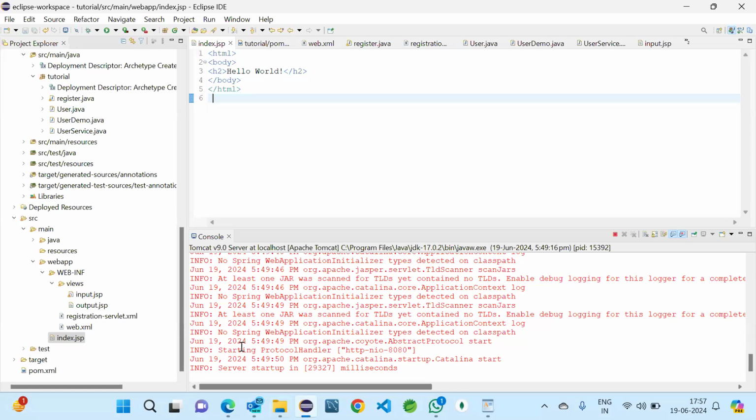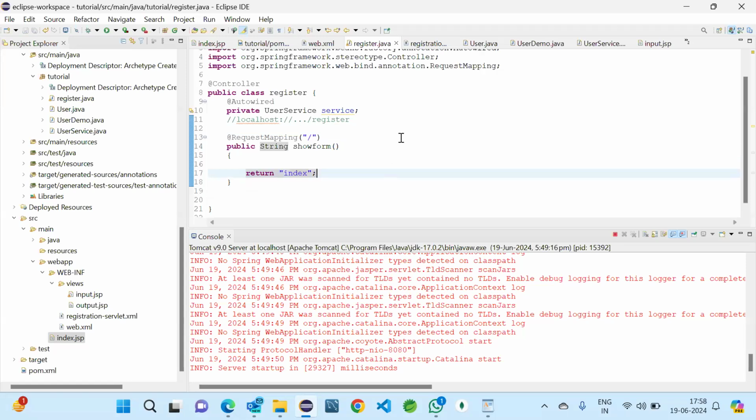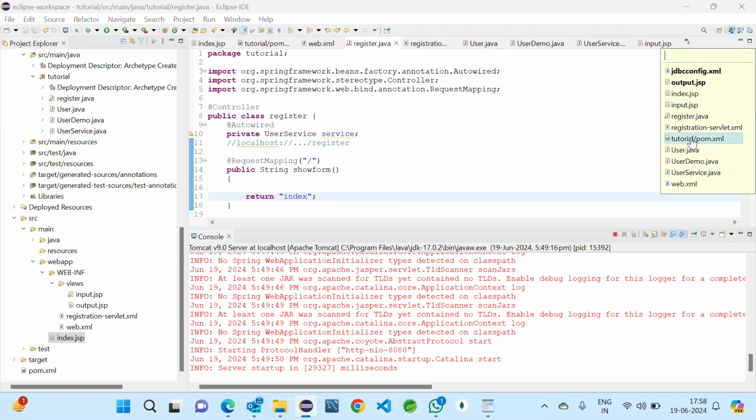I think by default we have this index.jsp. Whenever we are running the register, index.jsp is opening. It is the default opening web page. So we'll just use this index.jsp as our input page, and write our code there only. So where is this index?